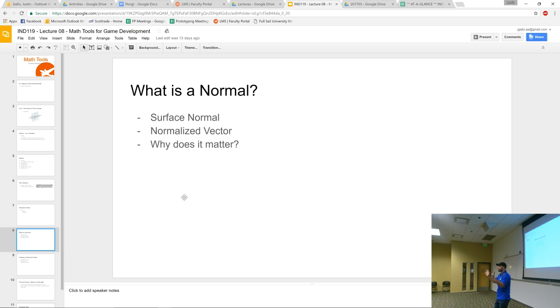So it takes all the length out of it and makes it a length of 1. That's important because when we're talking about your forward direction as a player or the forward direction in the world, those are normalized vectors. Normalization on vectors is just that: length of 1, give me the direction component.